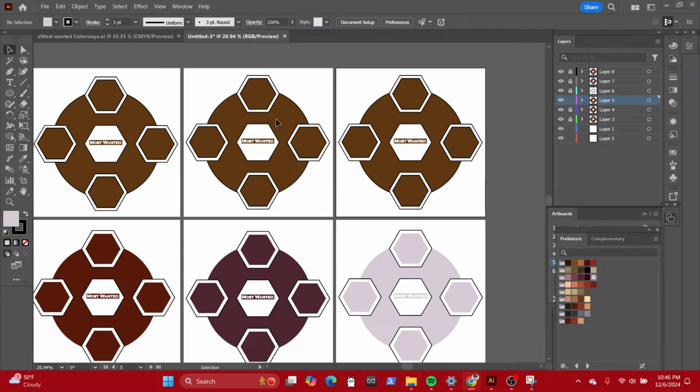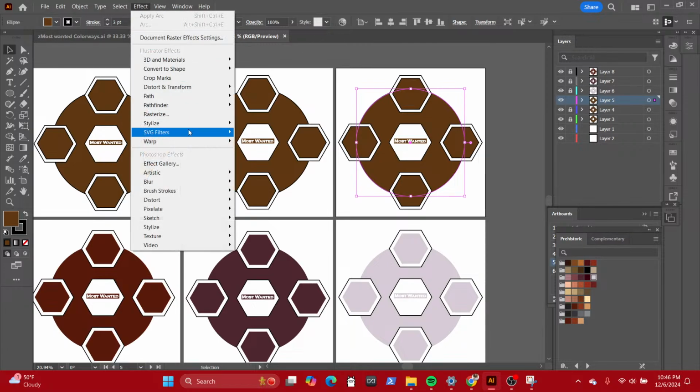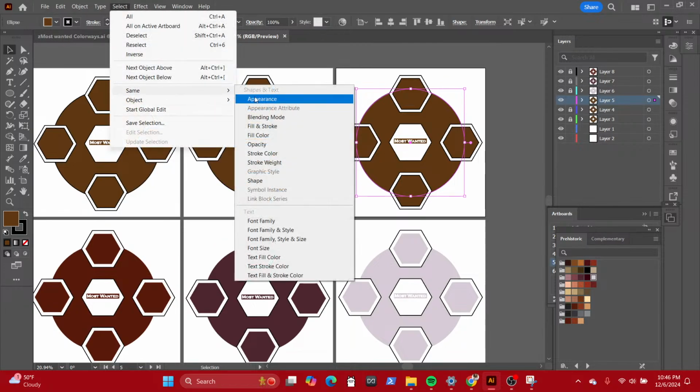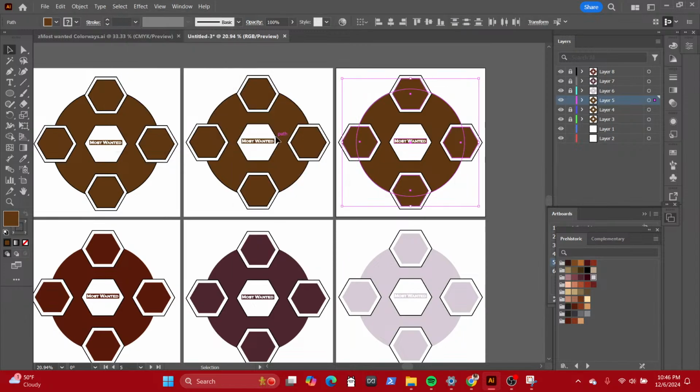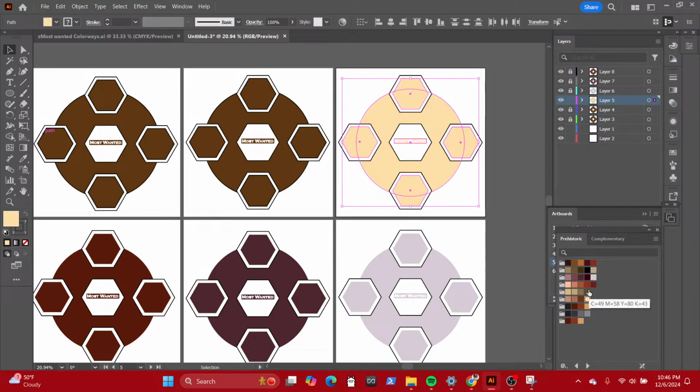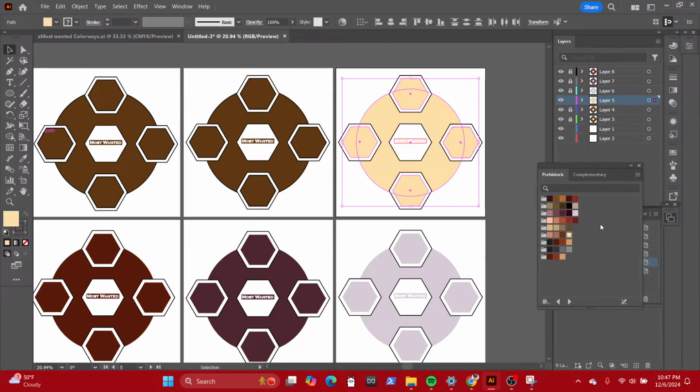So we did that color. Where are we at? So we unlocked this, right? Yep. Let's do select same, same color fill. And we're going to do, no. What other?